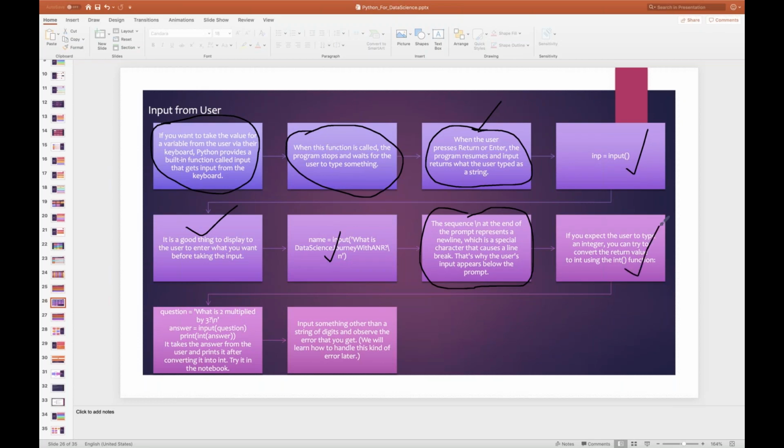If you expect the user to type an integer, you can try to convert the return value to int by using the int function. This we have also discussed last time. The question here is, what is 2 multiplied by 3? answer is input of question, print int of answer.